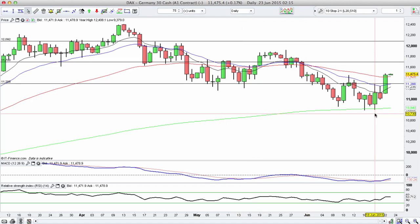So let's see what we had here. We started to downtrend. We had a rejection candle over here of this level around the 11,300, and then pushed lower, but we found resistance at this 10,800 level, and then we pushed higher. Yesterday, a massive strong day, and we closed above this level